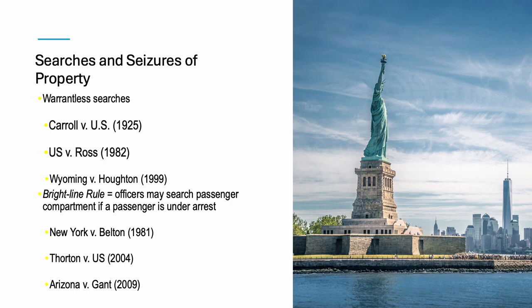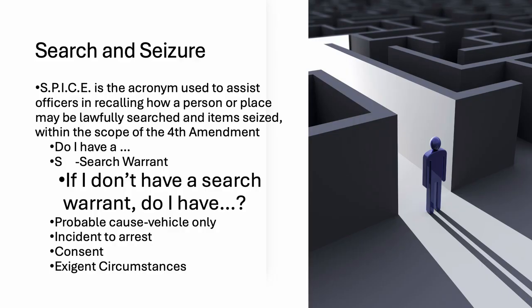Ross, again, did the same thing. It expanded the scope of warrantless searches in vehicles, permitting searches where probable cause exists to believe that there's something inside of those cars. So all of these things really started talking about searching of vehicles, the searching of passengers of those vehicles, searching of the individuals driving those vehicles, the definition of how deep you could go into a search of a vehicle. All of these case laws are what officers use today to articulate: I can go into a car, I can search that car, I can get involved in it.